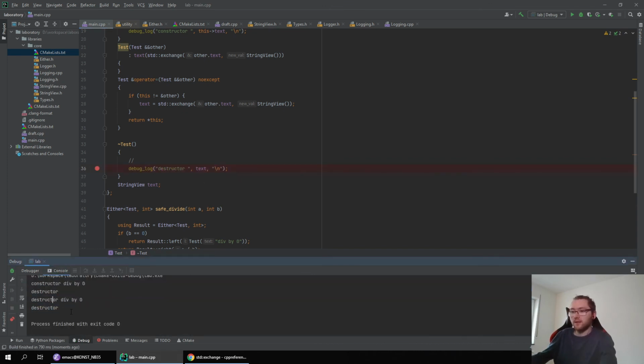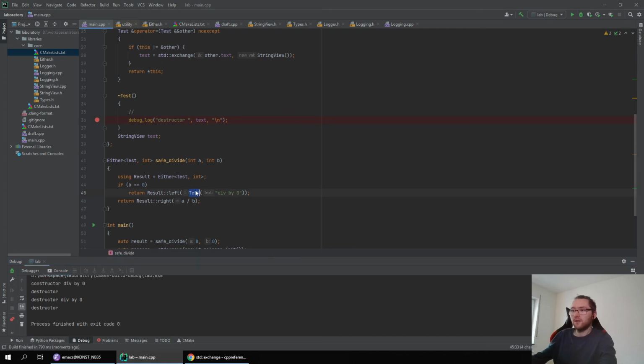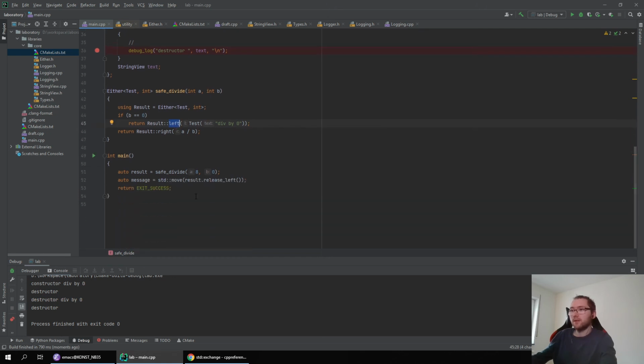So, okay, now also the either gets destroyed, but we actually moved the value out. So first of all, the destructor of test is called in this method, but it was moved to the either. Then we print.